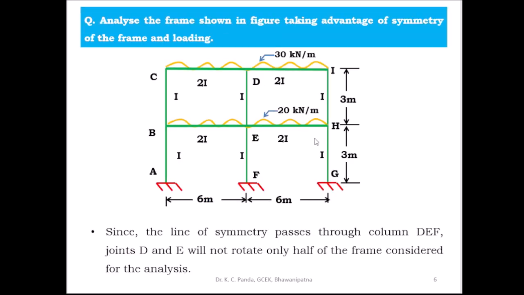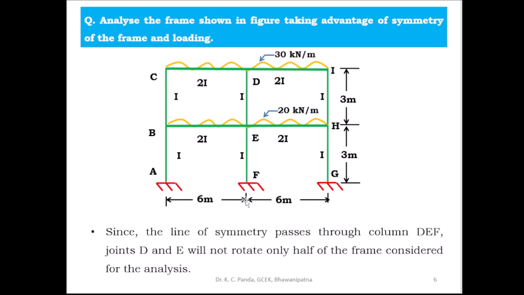Then coming to one example: analyze the frame shown in the figure, taking advantage of the symmetry of the frame and loading. So here this is a 2 bay and 2 story frame, and here A, B, C, D, E, F, G, H, I, and here the frame is given, the ends A, F, G are fixed ends, and the span of BE